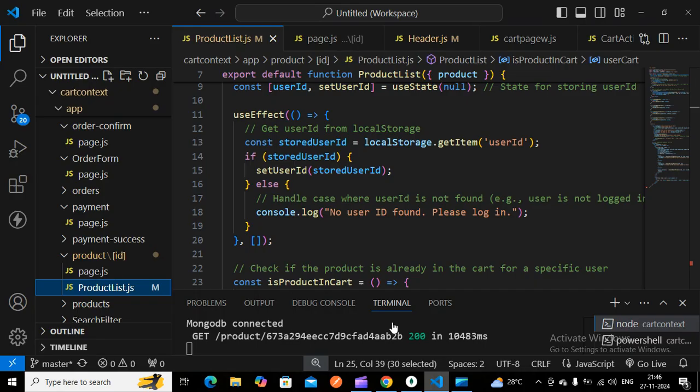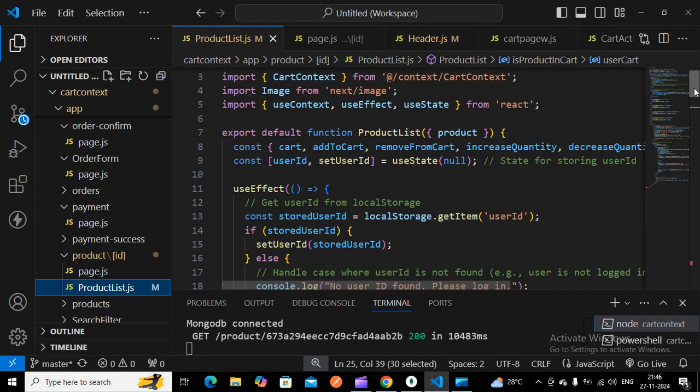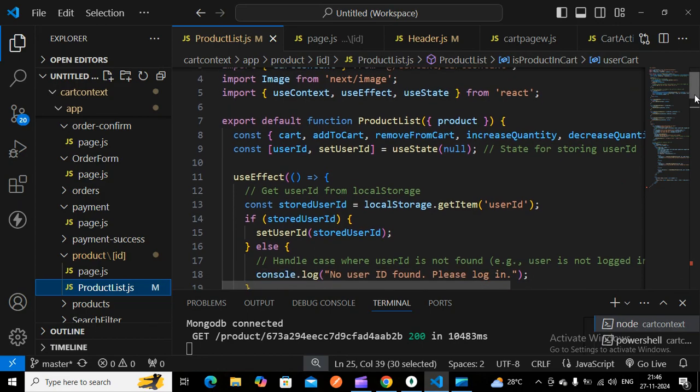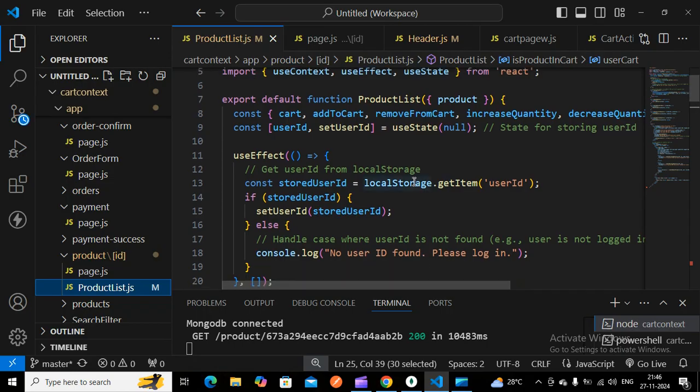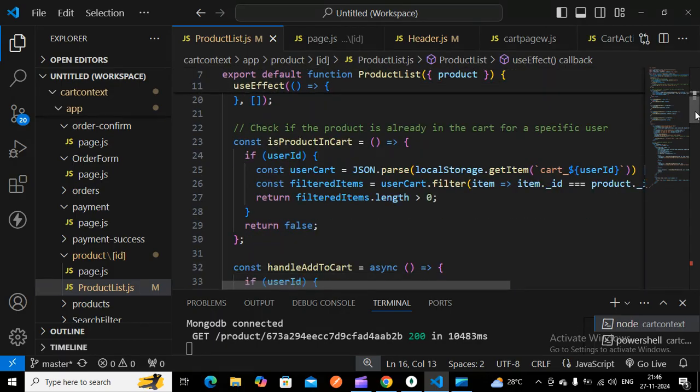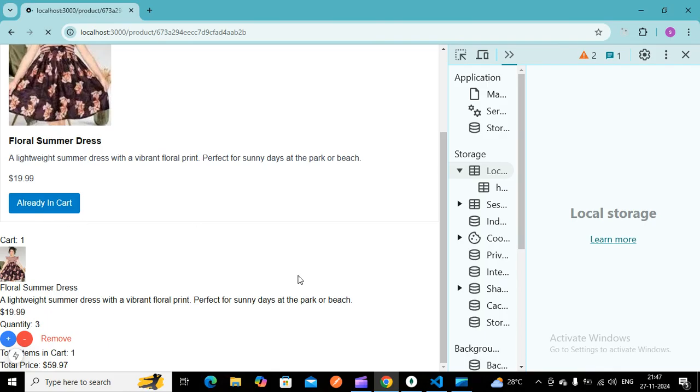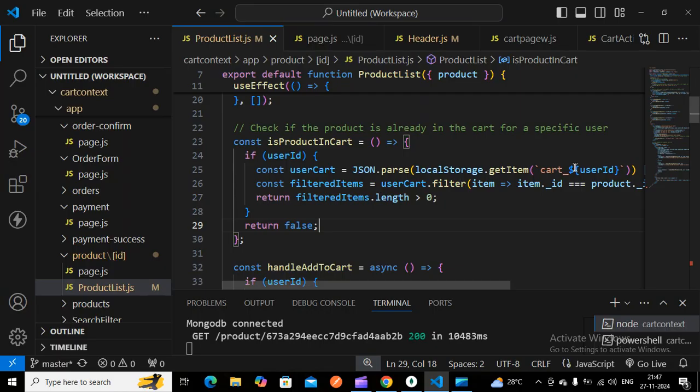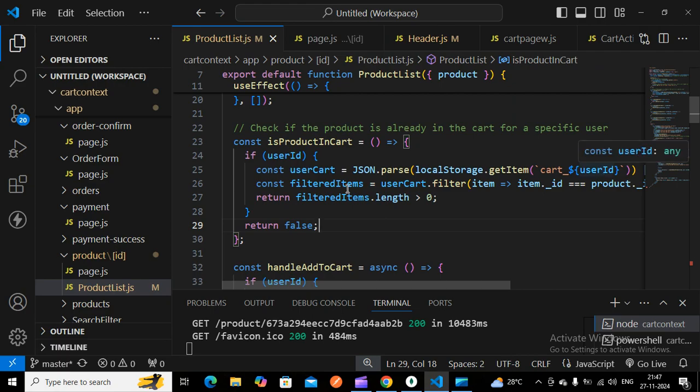So here you have to do the same things for the specific user. I have to show that particular cart item. Practically we should not need that particular page. So here we have to get that particular user id and store it here. So in the set user id you will be getting that particular user id. This user id will be given here in product in cart, whether it's already added to the cart or not, so already in cart. So that we have to specific to this particular user id. So you have to set this and then you have to filter it.